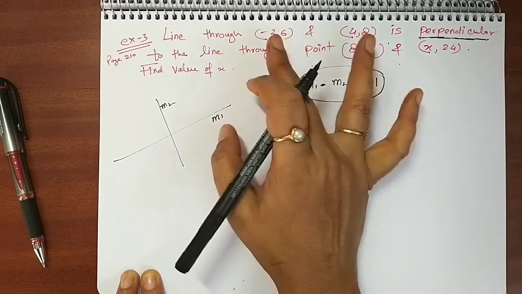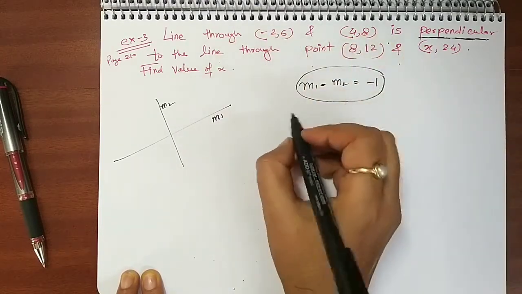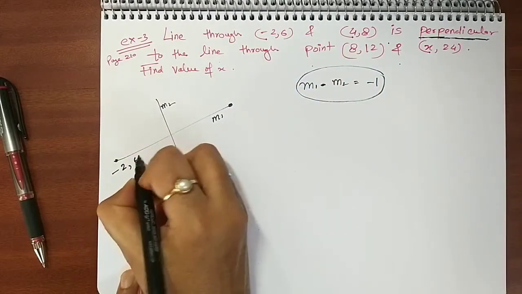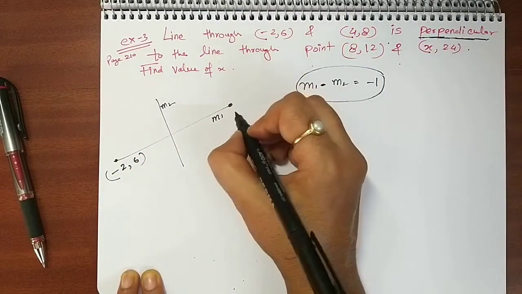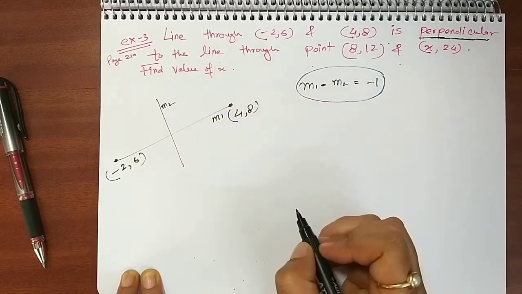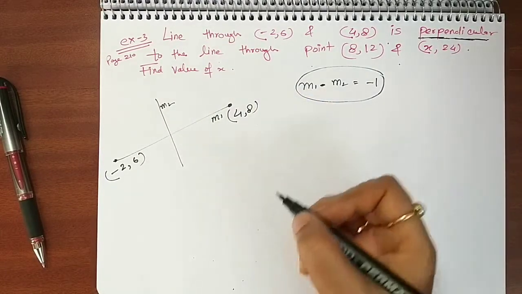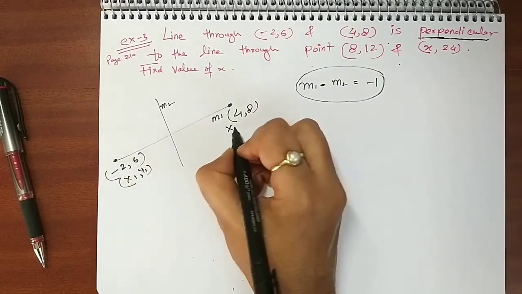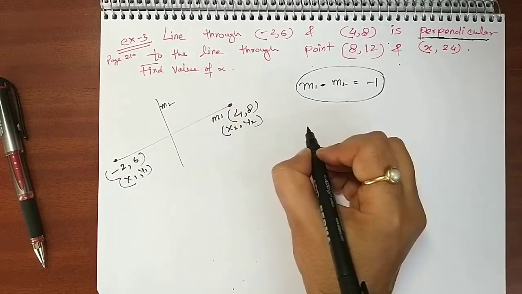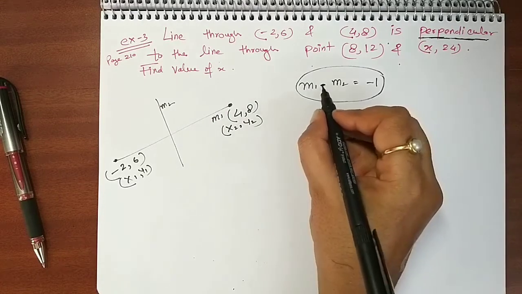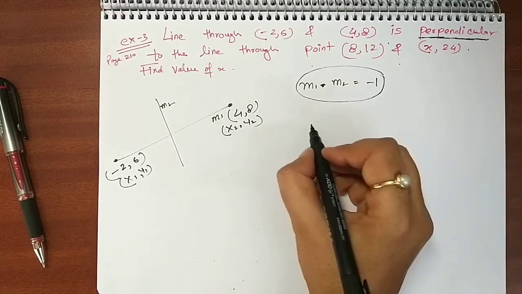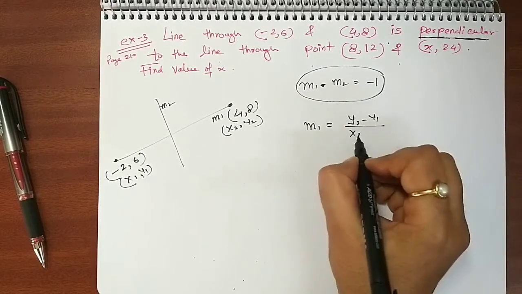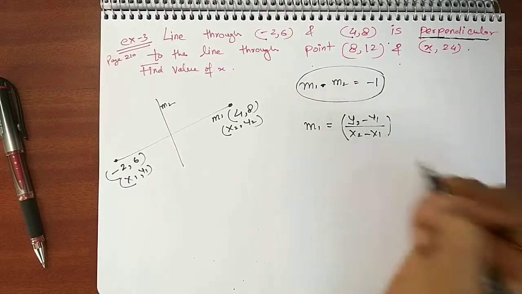How to get the slope? Here points are given, so we know very well. So suppose this is my first line which is passing through this and (4, 8). Correct. So what should we do? Can I consider it x1, y1? And this is x2, y2. Please don't watch it like a movie. You have to solve it with me. Please sit with a pen and pencil and write down the formula: (y2 minus y1)/(x2 minus x1).